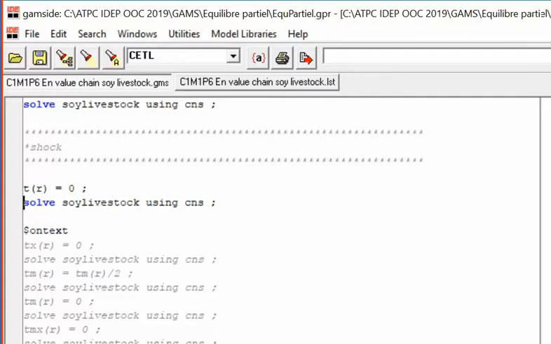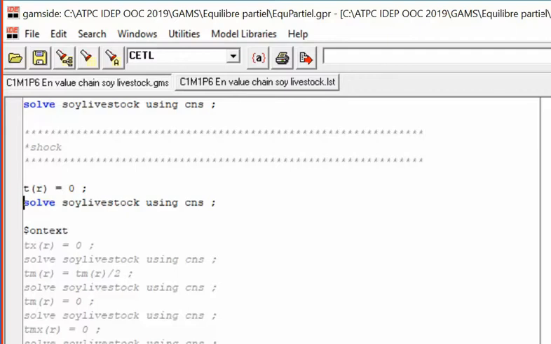And I recommend that you do that first, and then you eliminate export taxes in the soy sector, then import duty in the meat sector, then export taxes in the meat sector,